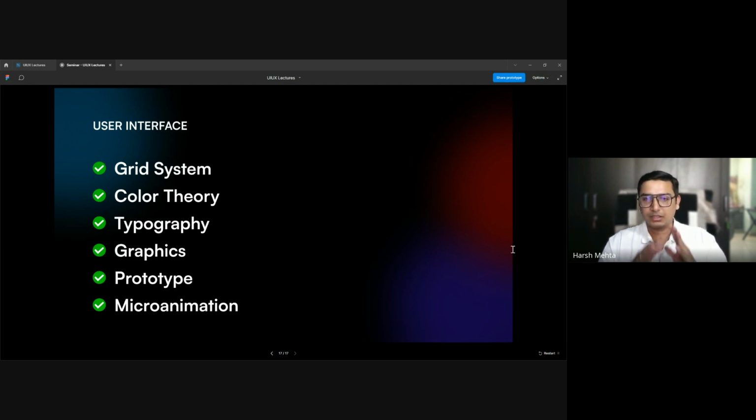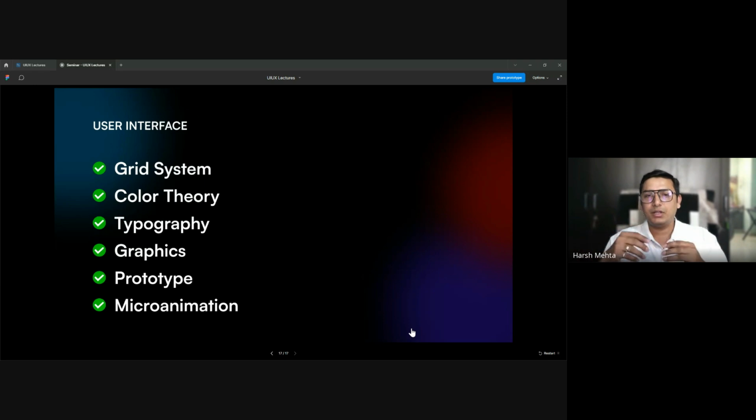Okay. So what you need to do is to start with, if you are good enough with the fundamentals, if you know the fundamentals of UX and UI, just create one screen a day. Practice one screen a day. It can be of a website, you can replicate it. You can take up some dummy project from ChatGPT, Gemini, etc. You can ask for some dummy project and you can work on that. But you have to make sure that you design at least one every single day. Unless you design one page a day, you won't achieve perfection in the design. You won't achieve the details that are needed in the design.